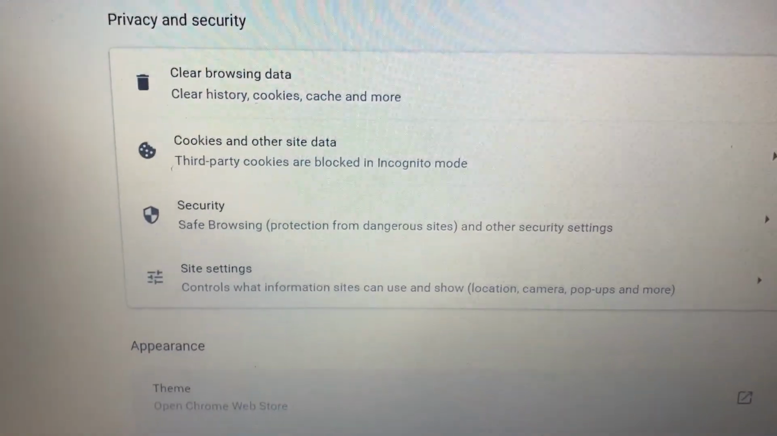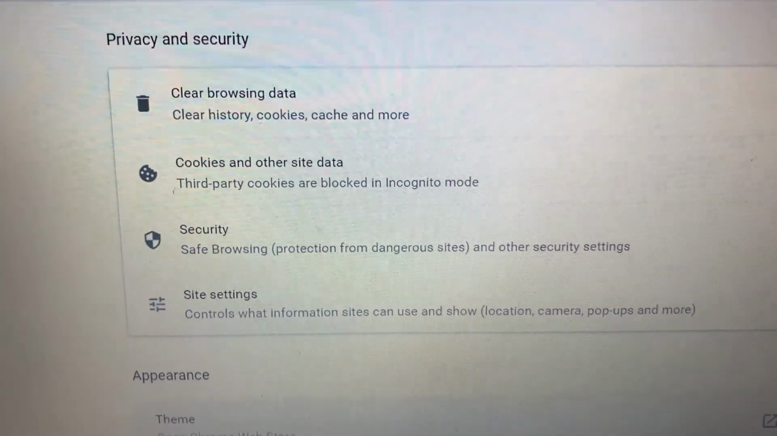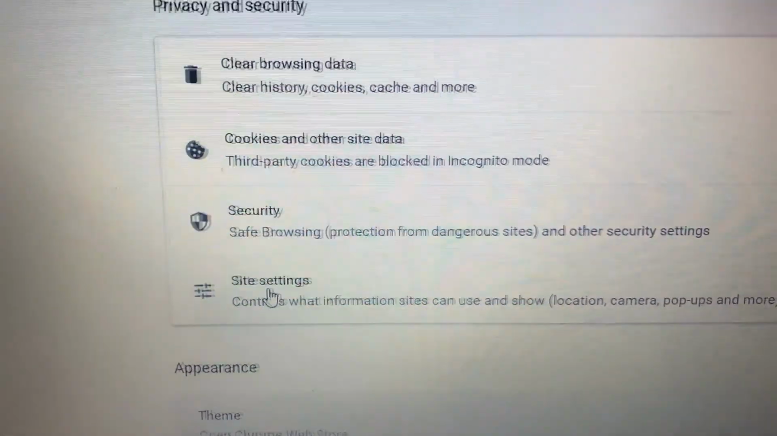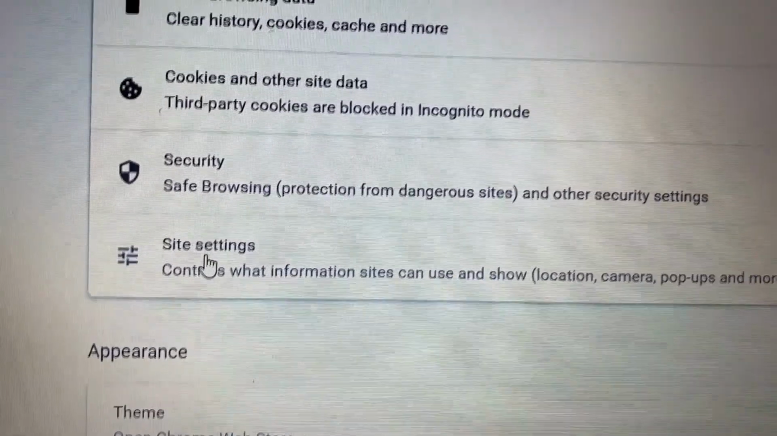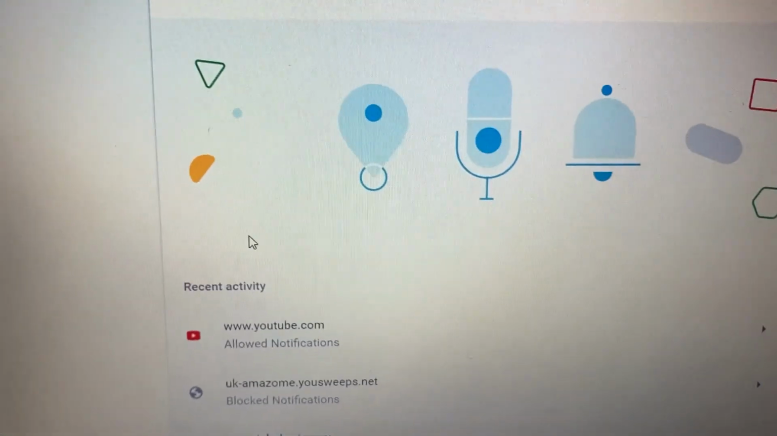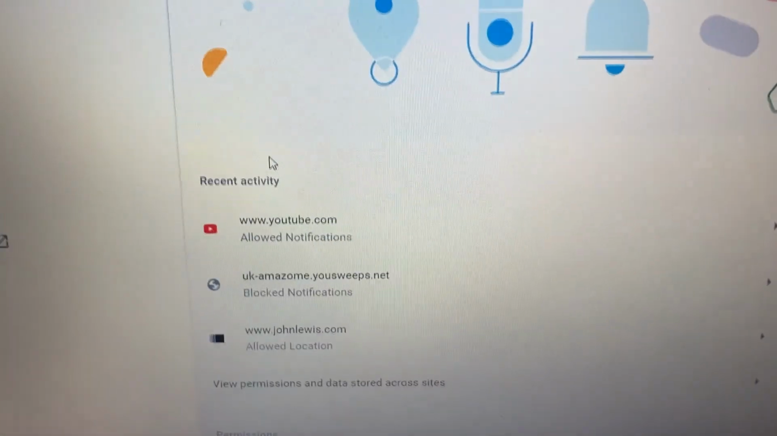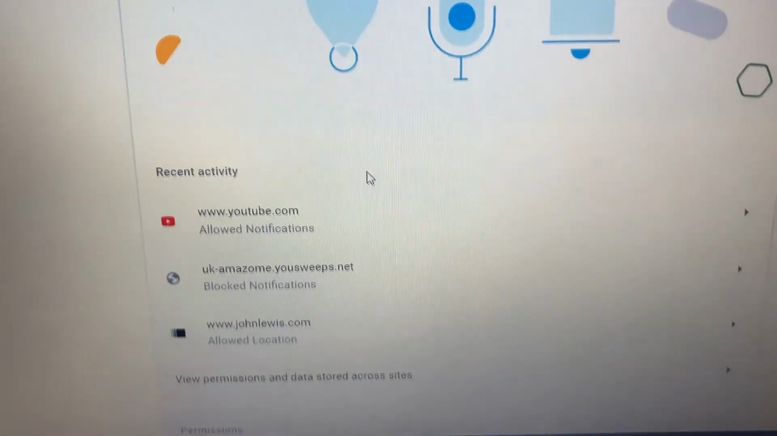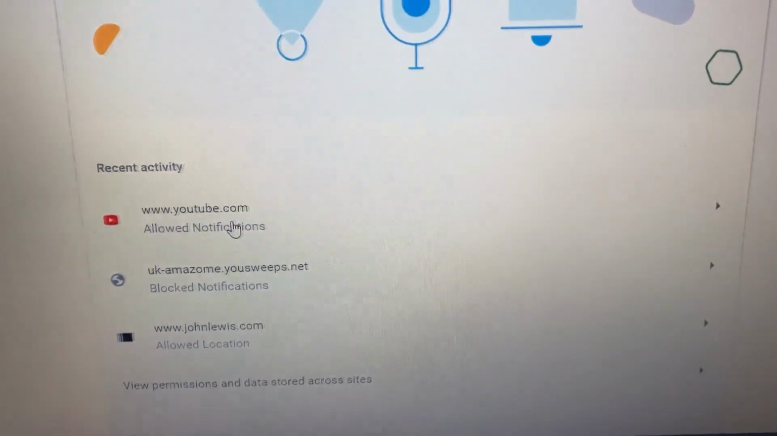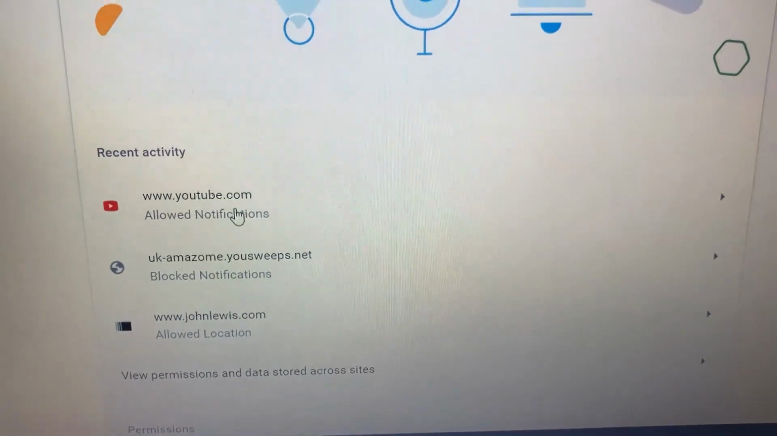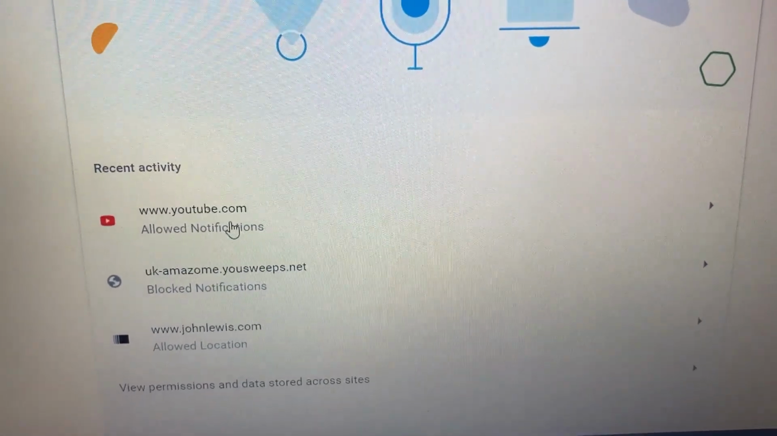On privacy and security, you click on site settings. We found site settings here. Click on site settings, notifications. So we need to choose which one we want to stop, which one to stop notifying us,